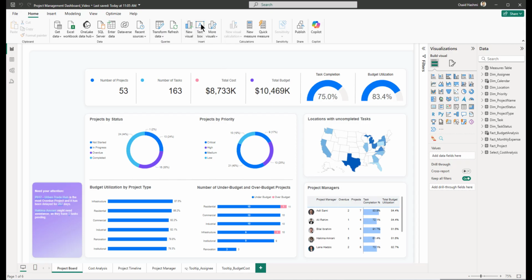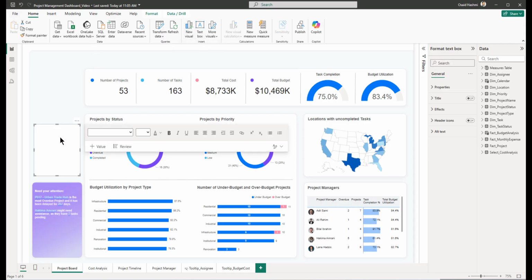Now we are going to put the title on the pages, on all the 4 pages. We'll start by selecting a text box and we will say hello user. Instead of user, you can put in the user login name. There's a different method where you extract the user's login name. We are not getting into that right now. We'll just put the heading, as simple as it can get,